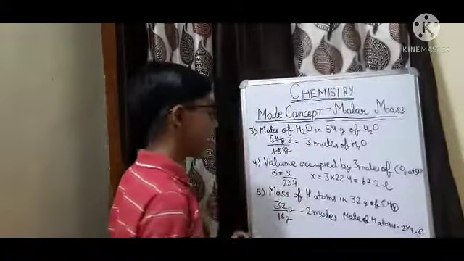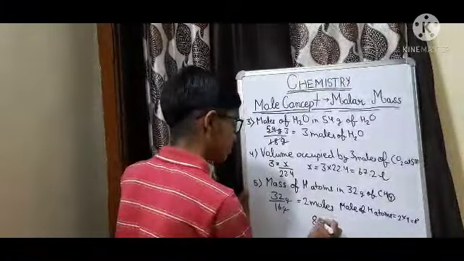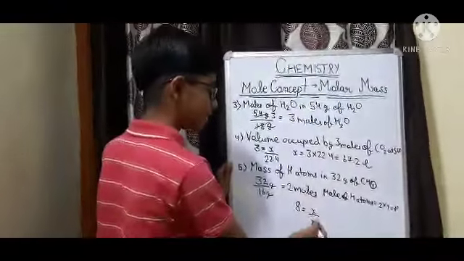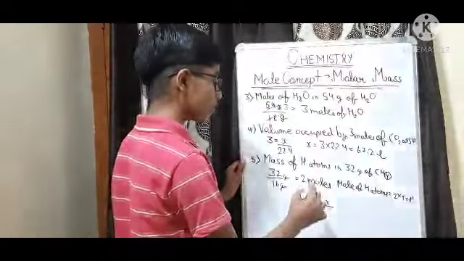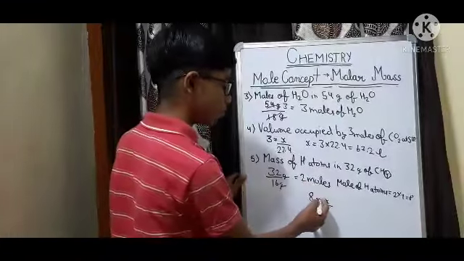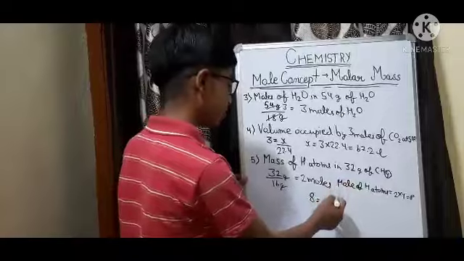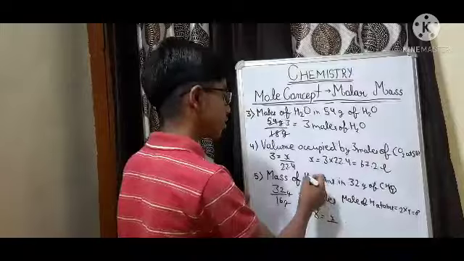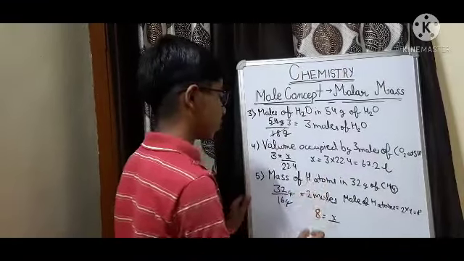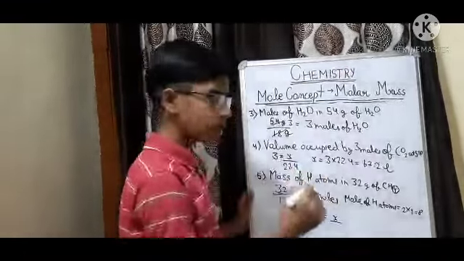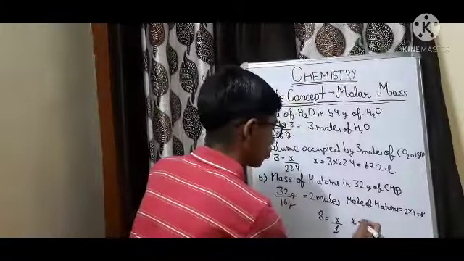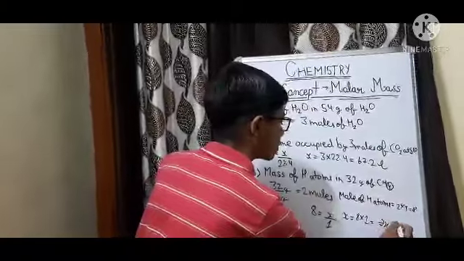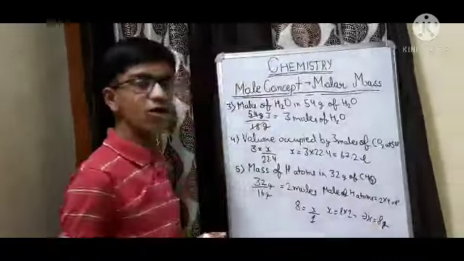which is equal to 8. Now I will be applying the formula, that is 8 is equal to X upon, and at the bottom we will write the molar mass. So we need to find the mass given, upon the mass which is possessed by H. Only one H is there, so it will come as 1. So X is equal to 8 into 1, which implies X is equal to 8 grams. So now I will be moving on to the next.